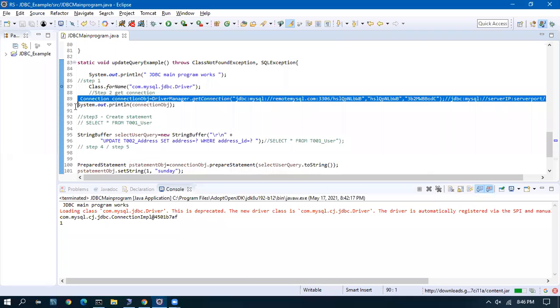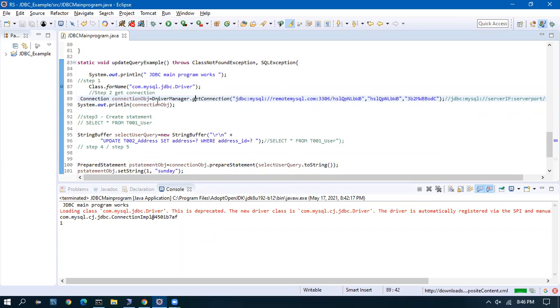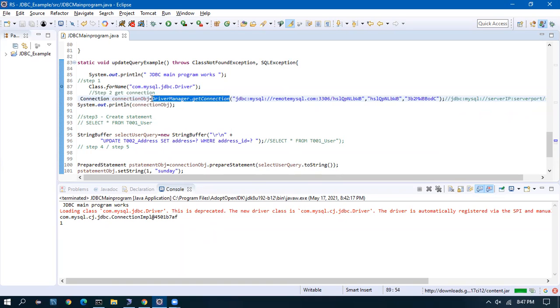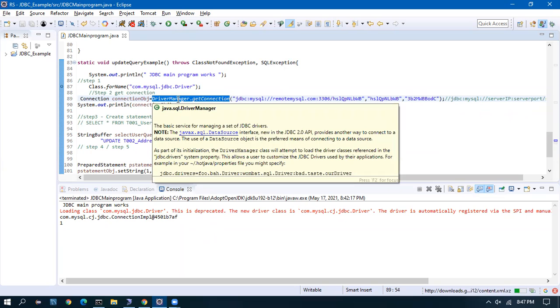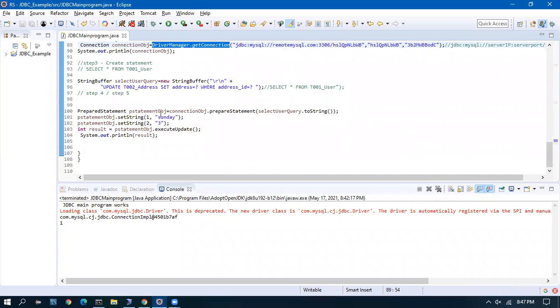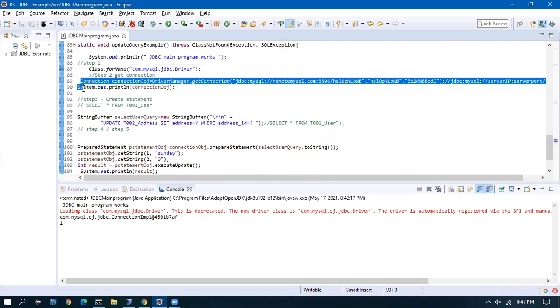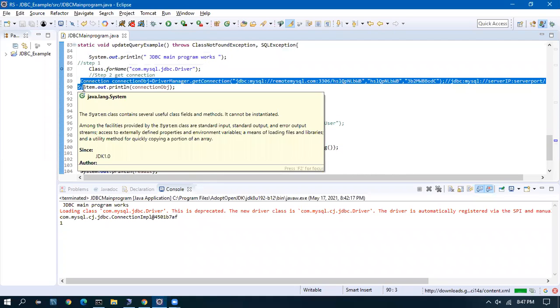You should not create a connection every time. It is not advisable to always create a connection.